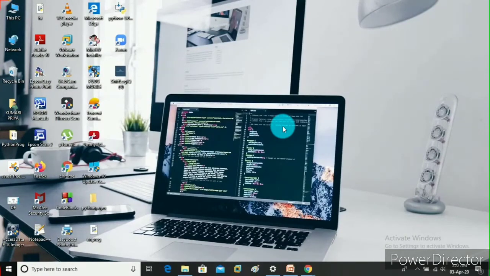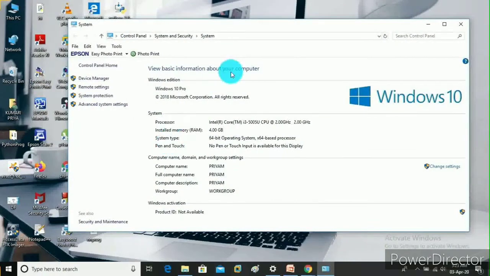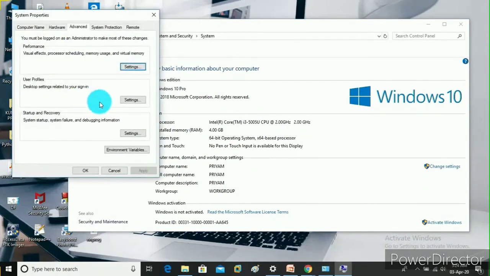Now the time has come to set it in environment variable to make it accessible everywhere in the system. For this, you have to right click on PC and then go to properties. Then on the left side you can see advanced system setting. Click on it.